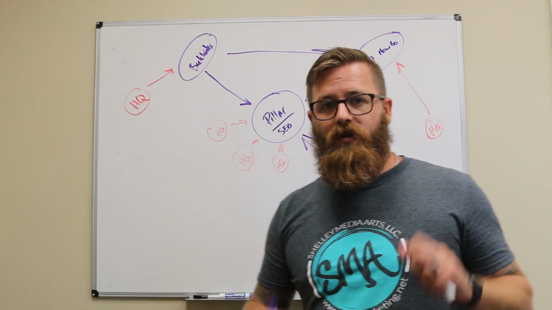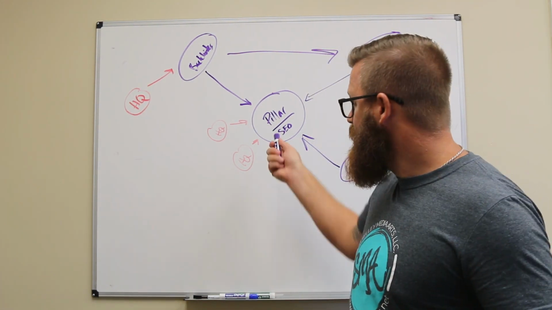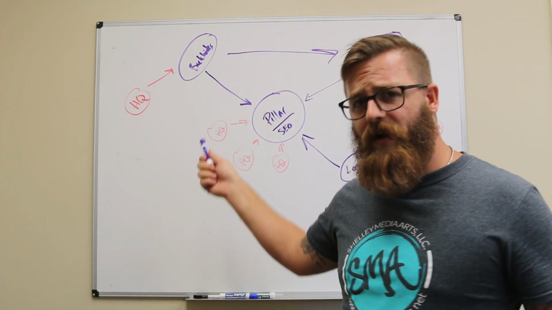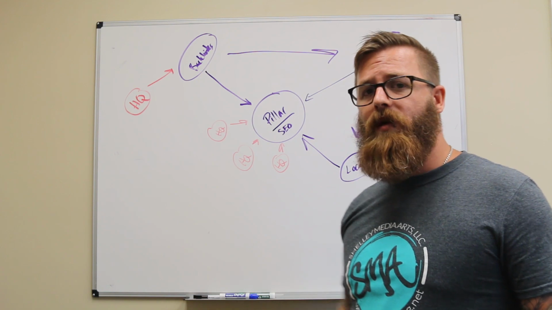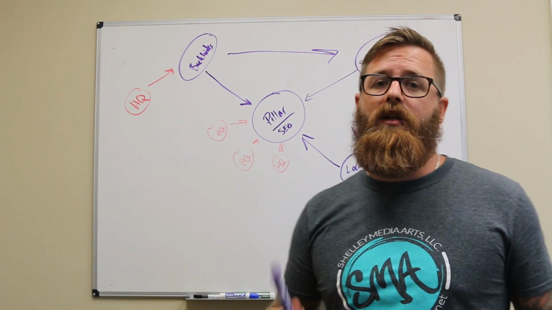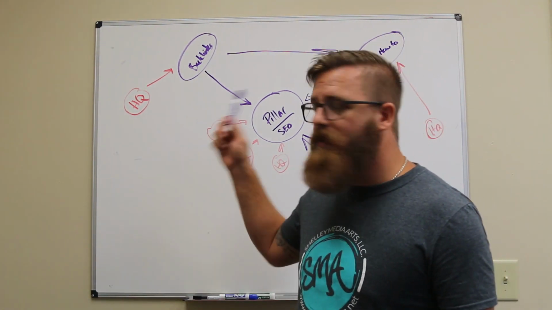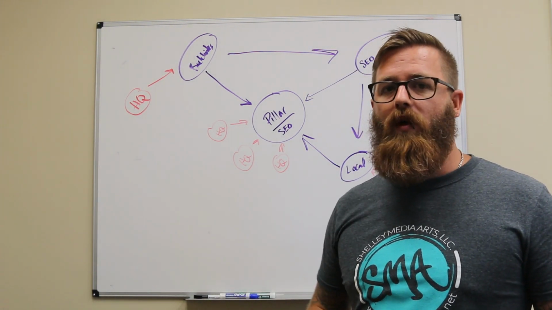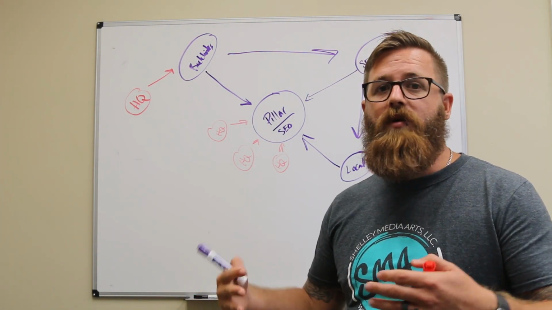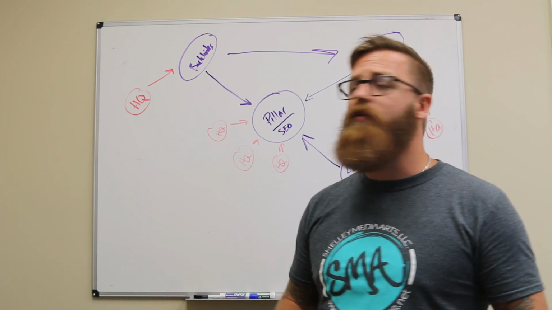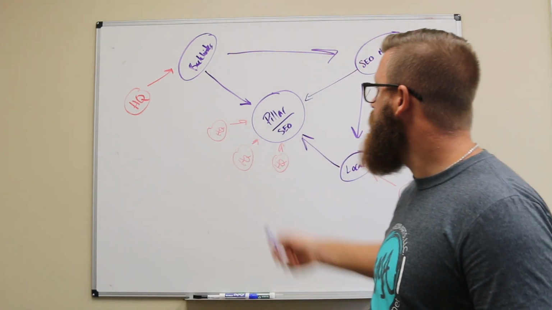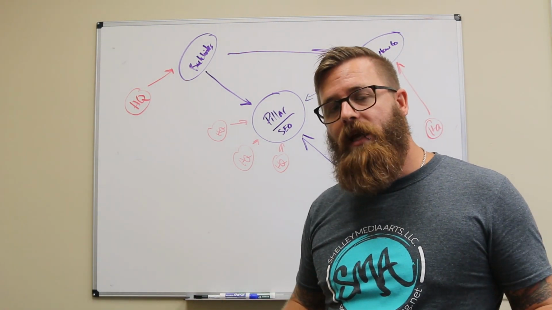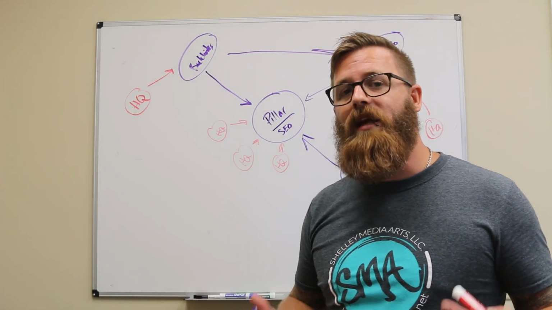So make sure that you take the time to not just identify what you want to create that core pillar page about, but what are the other assets you have that you can interlink and begin to build this web? And then what resources can you build outside of that? Maybe you do some guest posting, get some resource pages. Maybe you find some high quality niche communities in LinkedIn or some other places where you can begin to build in some of these links and these other assets and traffic that are going to build the credibility of your pages, which is going to allow those pages to rank better.